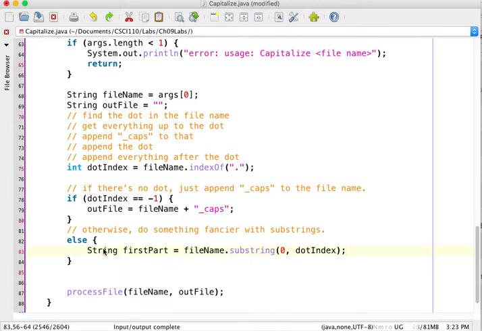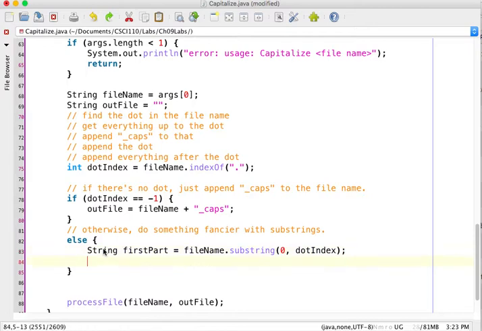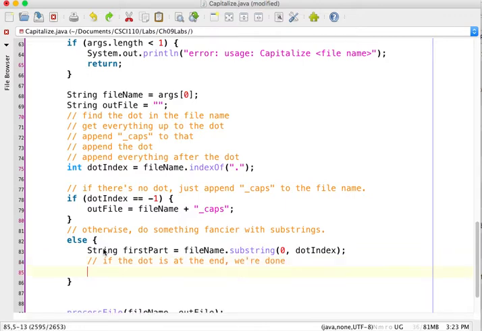Okay. The next part is of course the dot, and the only thing that might happen is they could have put a dot on the end of the word, in which case there would be nothing after the dot, so we should check for that too. So that would be if the dot is at the end, we're done. Otherwise,